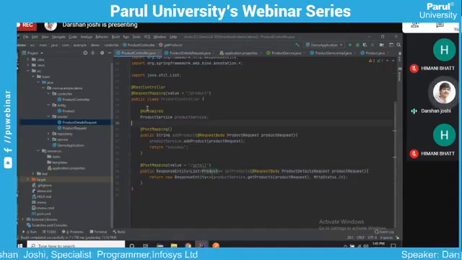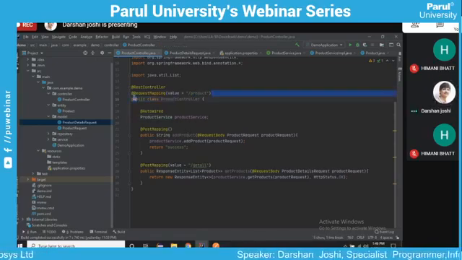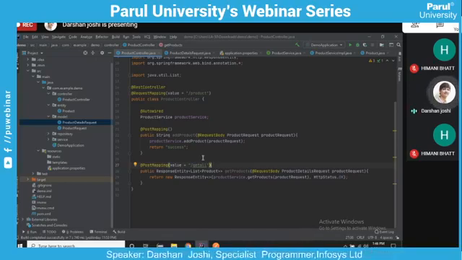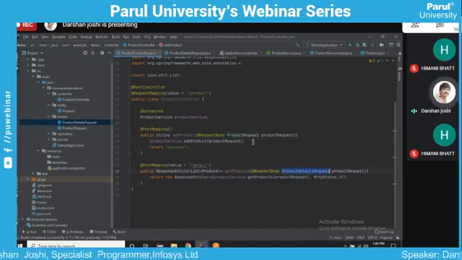In the product controller, as we have created, we have created two APIs with the post mapping. One is to add product and the other is to get the product list. So you can just add this request mapping. Whenever you add the request mapping at the controller level, it will bind this first and then add this get all. So it will create a URL like localhost colon 8080 slash product slash get all. Whenever you hit that URL, you will get the product list. There are some expectations from the front end, which you can mention as the request body, product request, and the product detail request.